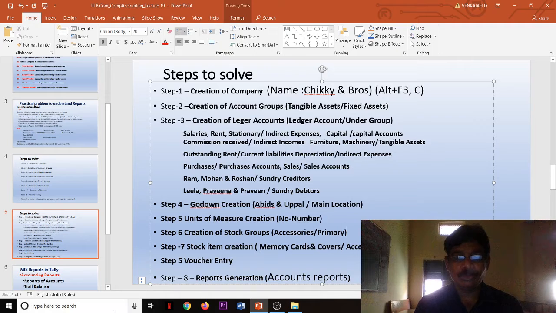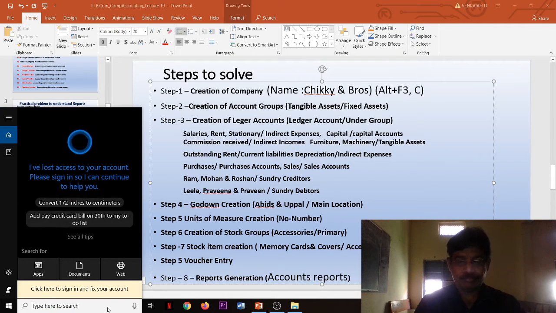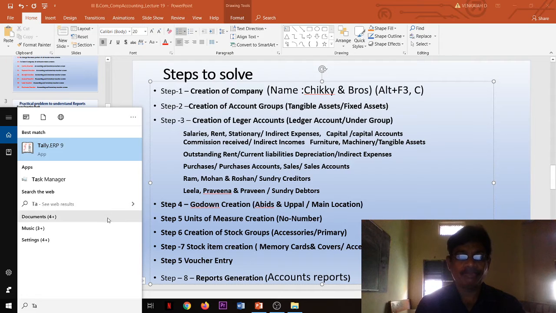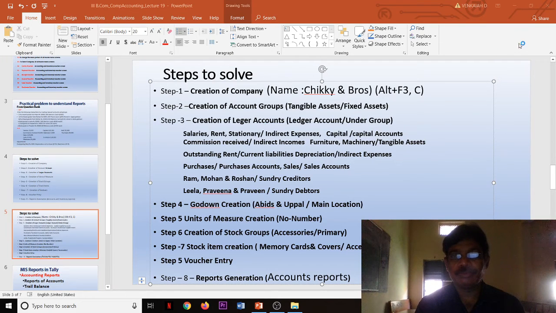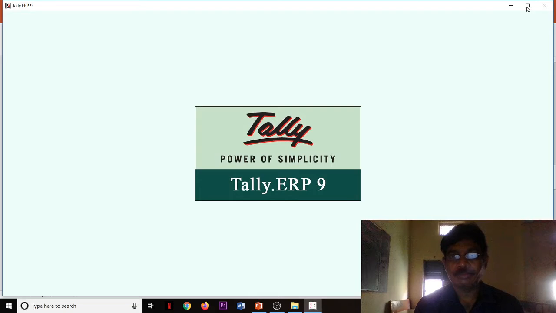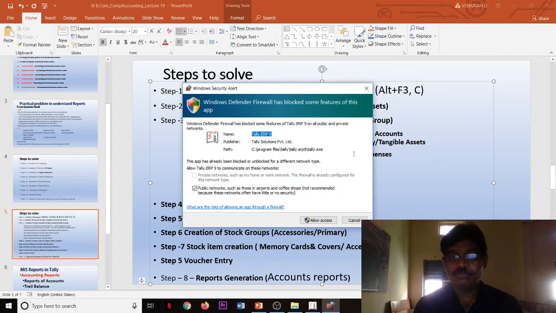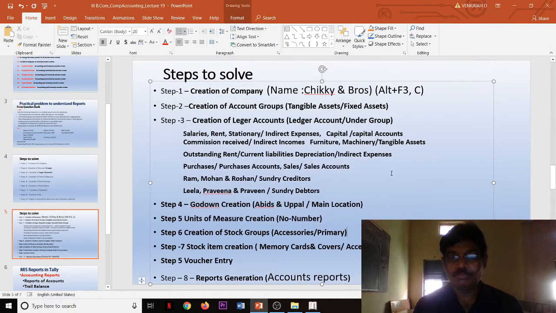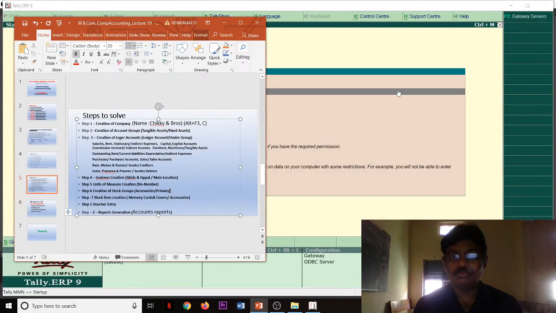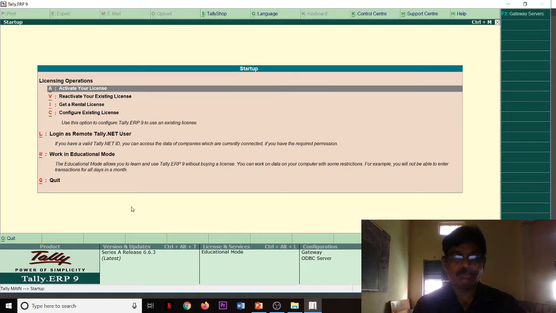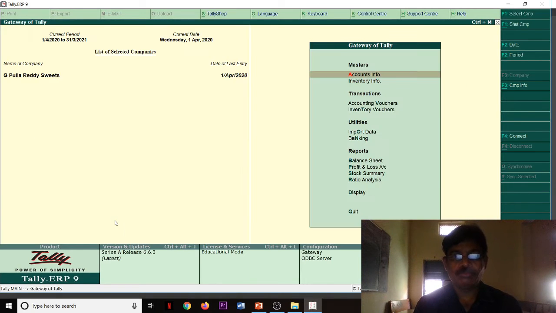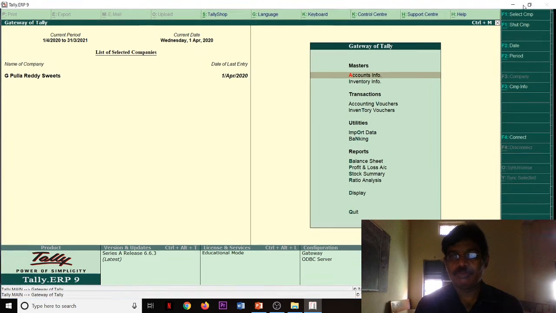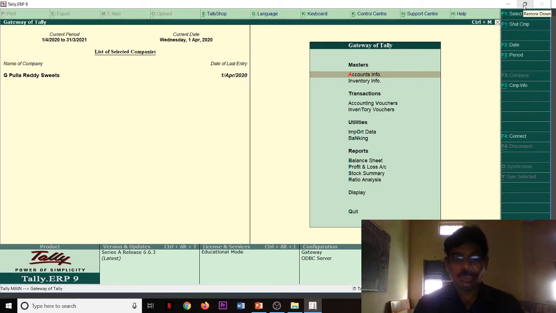Alright, so now we open Tally. Opening Tally. The gateway of Tally is there.